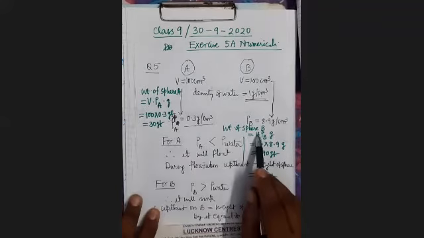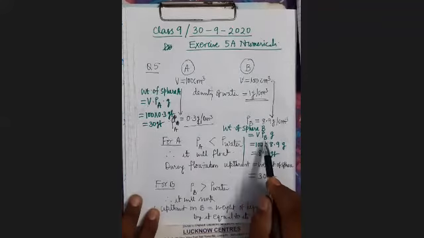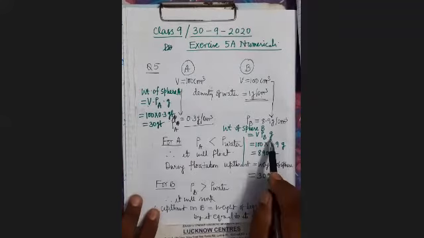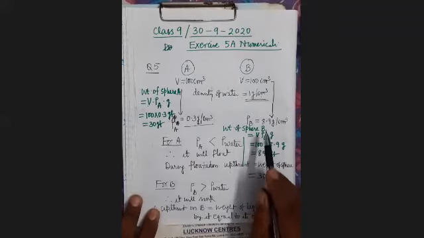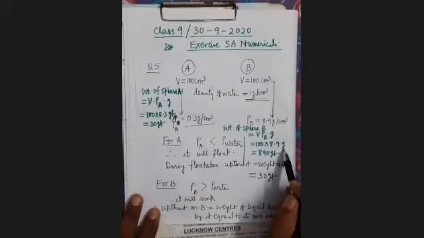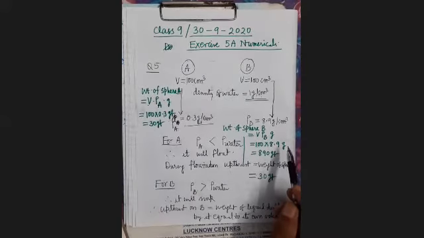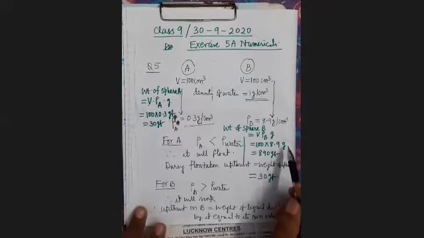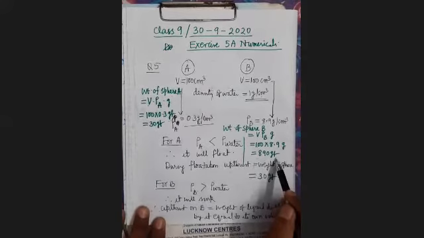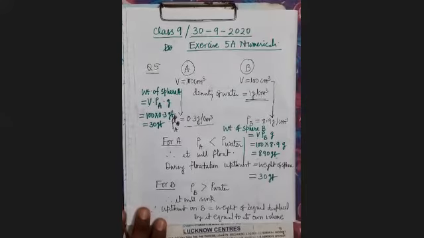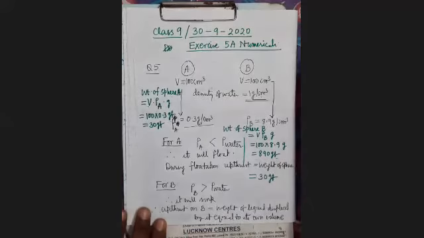Then what is the weight of sphere B? You can see here its volume multiplied by its density multiplied by G. 100 into 8.9 into G. If you remove the value of G, it will become 890 gram force. So the first part you have done, weight of each sphere. Then in the second part you have to find the upthrust.